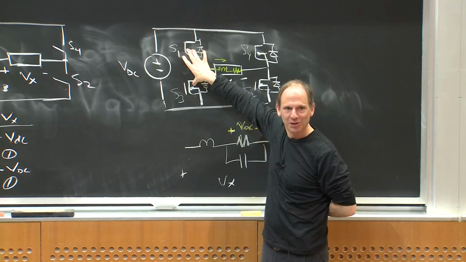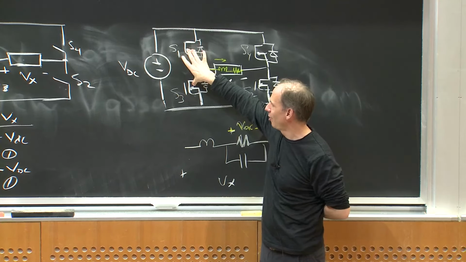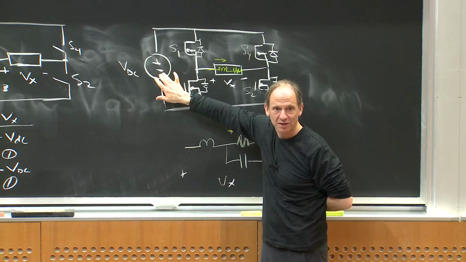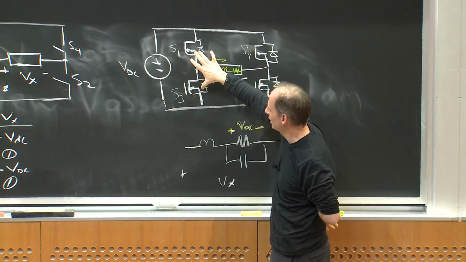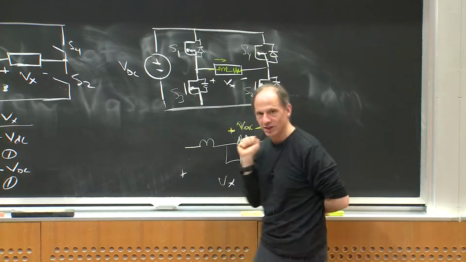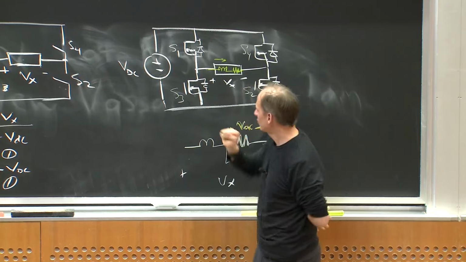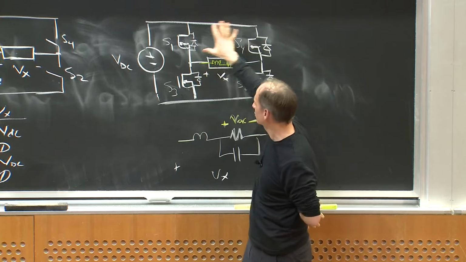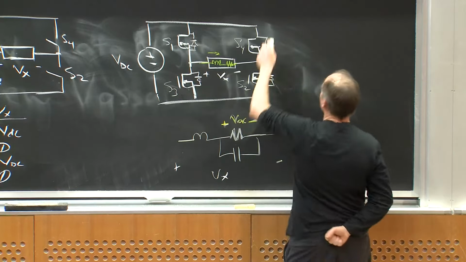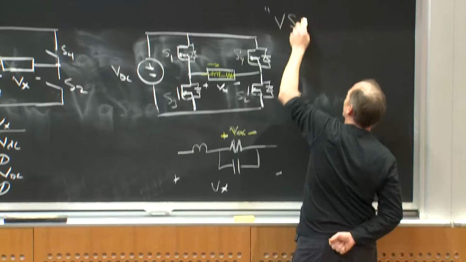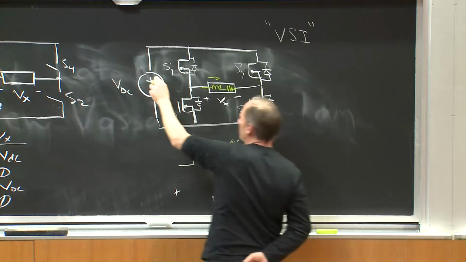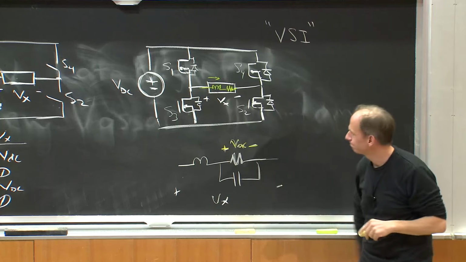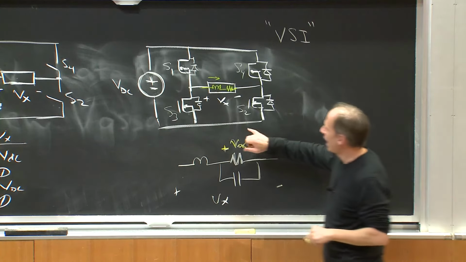That's called a shoot through. And if you do it too long, you will kill the switches, because you'll short circuit the DC bus and it can source a lot of current into that. So you have to make sure S1 and S3 are never on together and S2 and S4 are never on together. At the same time, you really don't want to open circuit that load. But the nice thing about this structure, and by the way, this is sometimes called a VSI, or voltage source inverter, because you're coming from a DC voltage and generating AC,